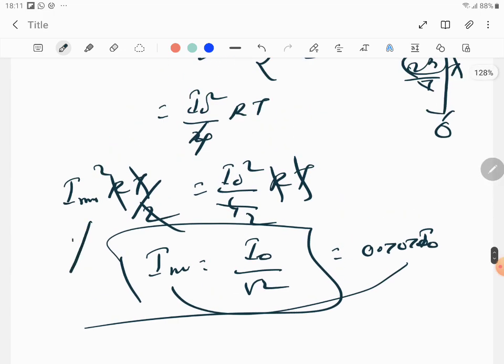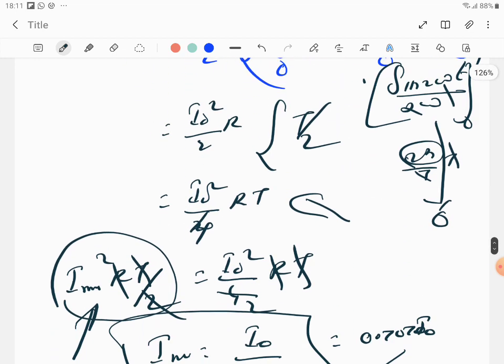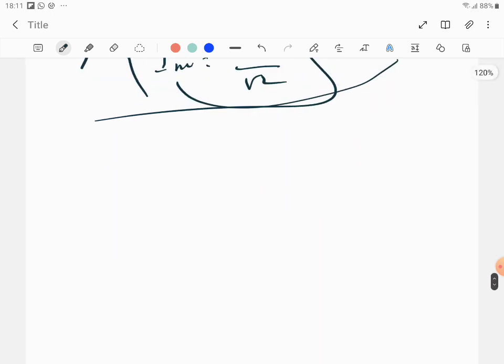Children will tend to forget this. Take it by definition and equate it to what has been integrated. Are you clear? Play it again and try to understand. I'm going to anyway teach you in the next class. I'm just giving you upfront now. That's all. There's nothing that you have to learn from the video. I'll always do it in the class again. But since you need it urgently, I'm recording and giving.